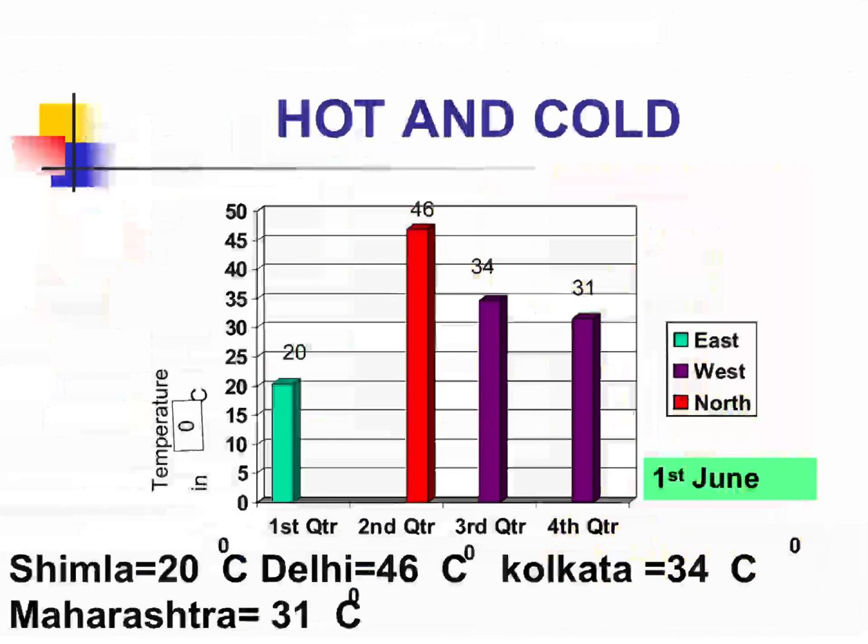Now look at here. Below 35 there is 34. Just below 35 it is 34 and it is the violet bar graph of Kolkata. This is the violet bar graph of Kolkata. It is 34 degrees Celsius. And again another violet bar graph, it is for Maharashtra. Now tell me what temperature it shows. Just look at the table.